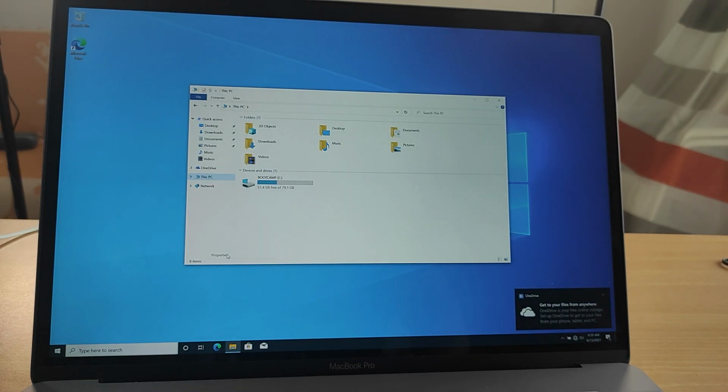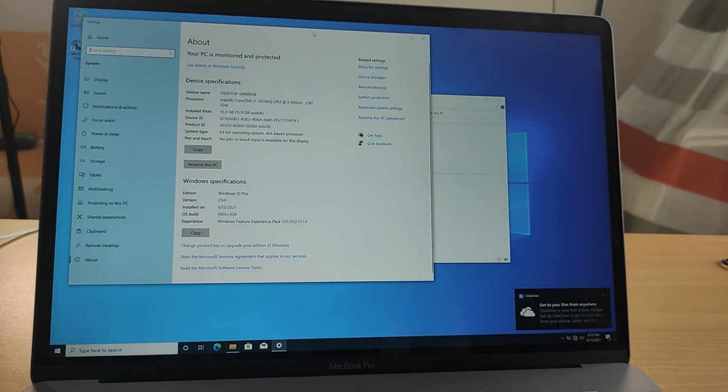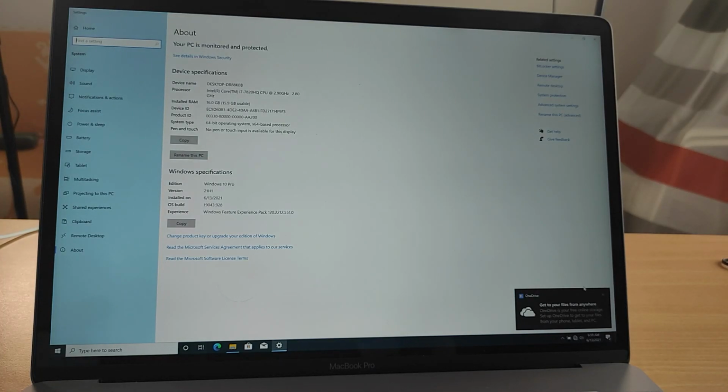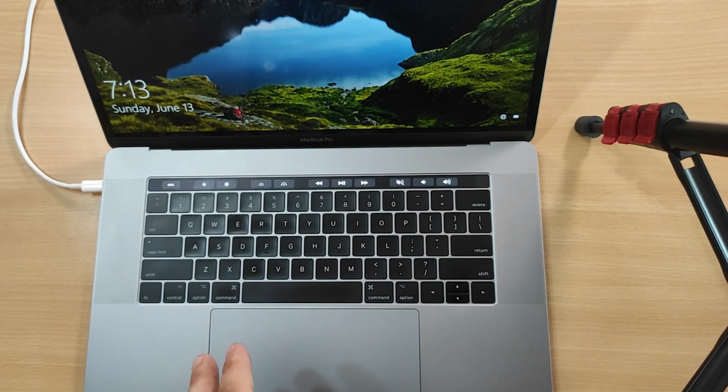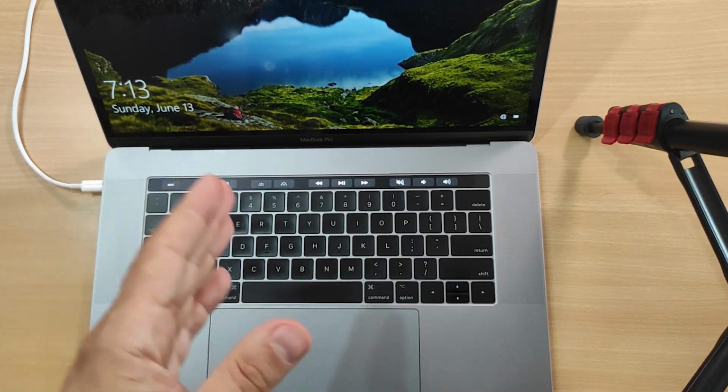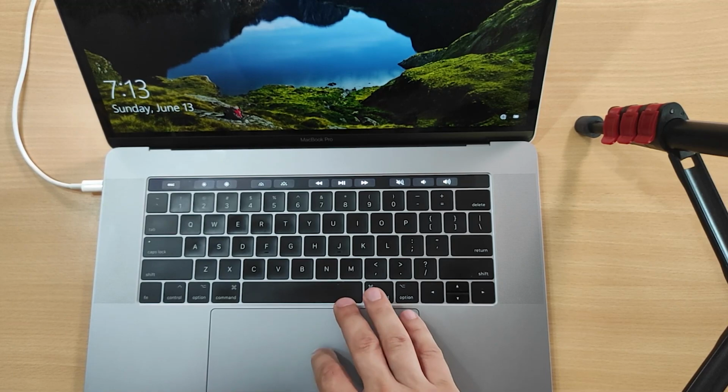Let's see the properties. Wow, look at this, guys. It looks perfect, right? So now, what if you want to go back to macOS, the Apple operating system? So what do you have to do? Windows is set as the default operating system, and every restart you do on the computer, it will open up on Windows. So to open up on the MacBook Pro right now, what you have to do, you just